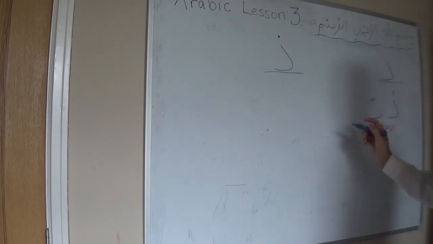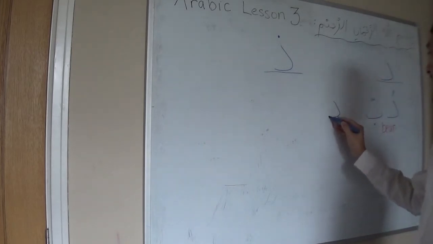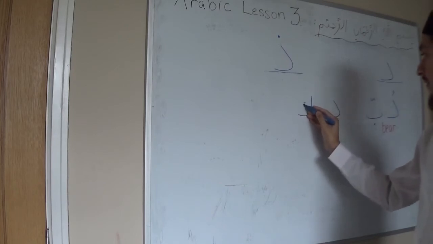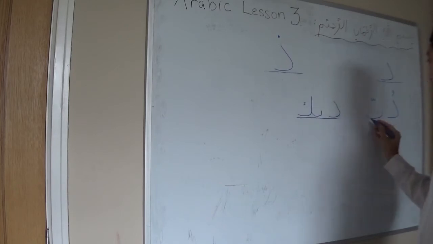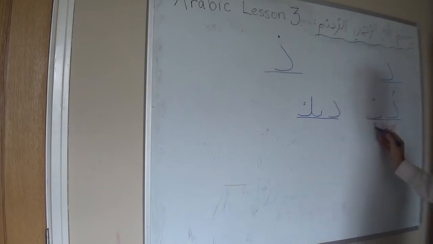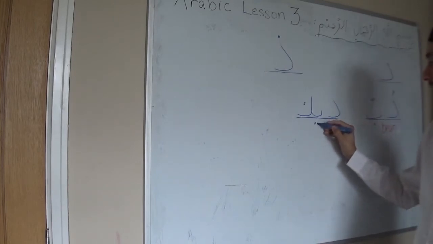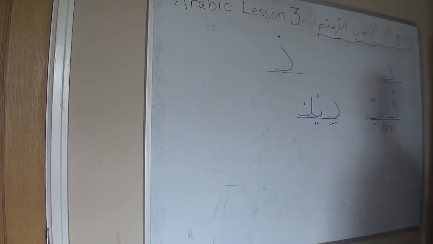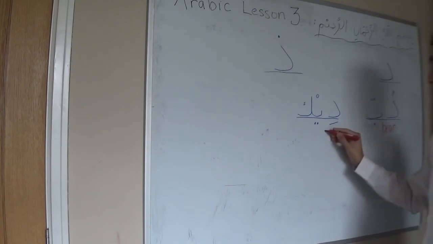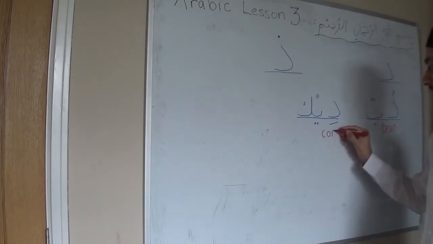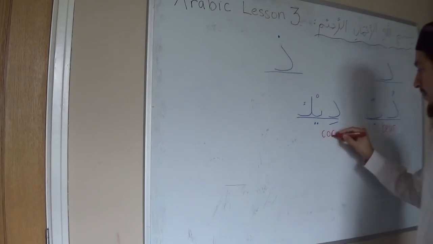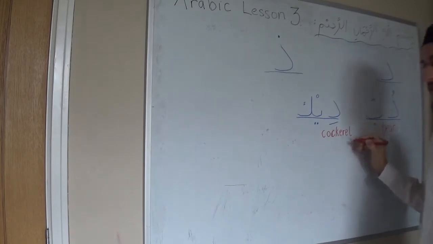We have deek, another animal, deek, and everything is on the line. Everything's on the line. We've seen ba before, just the dot being underneath. And the 2 dots for the ya, deek, and that is a cockerel, the male chicken. Cockerel, the one who makes the noise in the mornings,